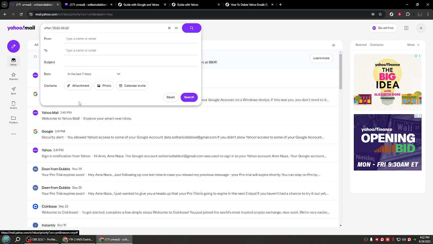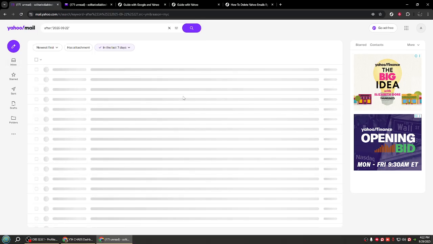Once you've selected your desired time range, there's a section that asks you to specify the type of date by which you want to sort your emails. This could be the date the email was sent or received. Make the choice that aligns best with your cleanup goals. This is a critical step because it sets the foundation for Yahoo to filter your emails according to the given